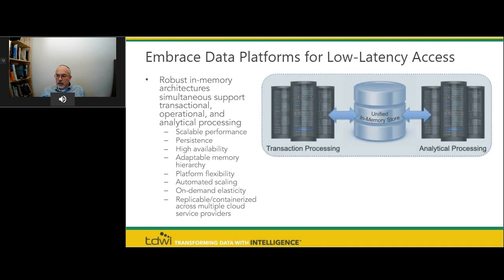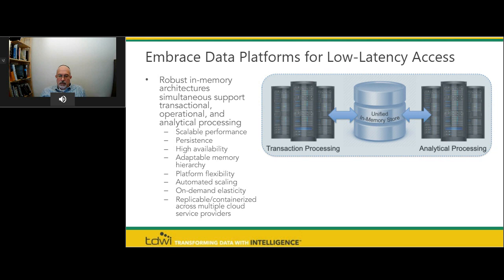And last, I think, one of the next ones is embracing a data platform for low latency access. And one of the ways of doing this is looking at an in-memory data store, and using an in-memory data organization that allows you to do both transaction processing and analytical processing on that same data at the same time. So robust in-memory architectures support simultaneous transactional, operational, and analytical processing,